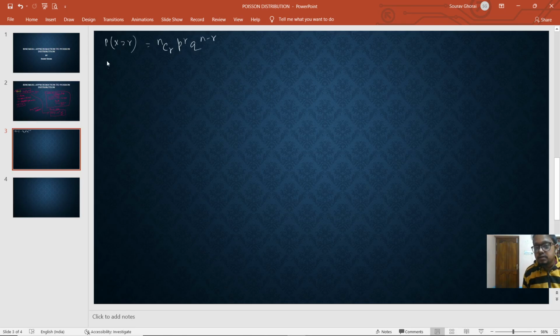And if we consider the following conditions, that is n tends to infinity, p tends to 0, such that m is equal to np, where m is a finite number, then from here we can say